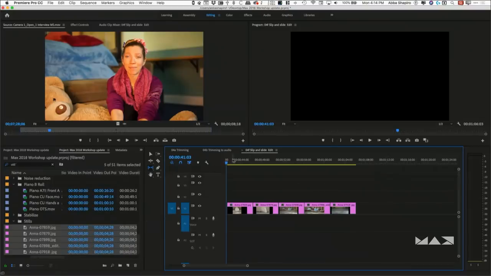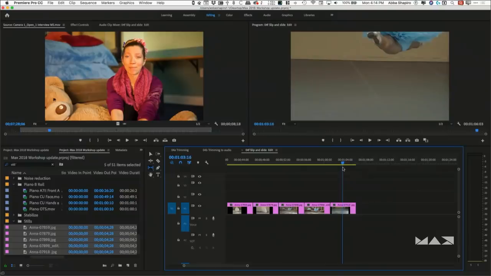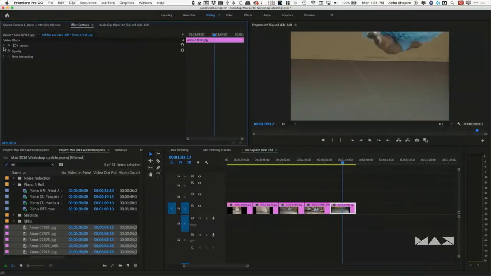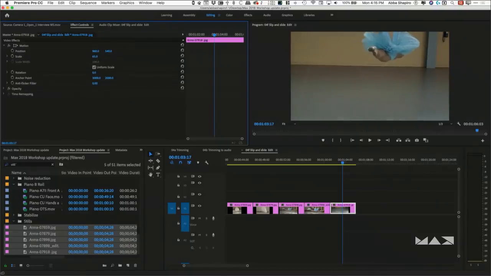So when I look at these clips in my timeline, and I'm sure this has happened to you, they're really big. I have to scale them down so I can see the image. I could select each of these, open them up in my source monitor, go to the Effects Control tab, go to the Motion tab, and then I could start scaling them down if I wanted to. But that takes a lot of energy. I just want to see the whole picture and then decide if I need to scale it a little bit